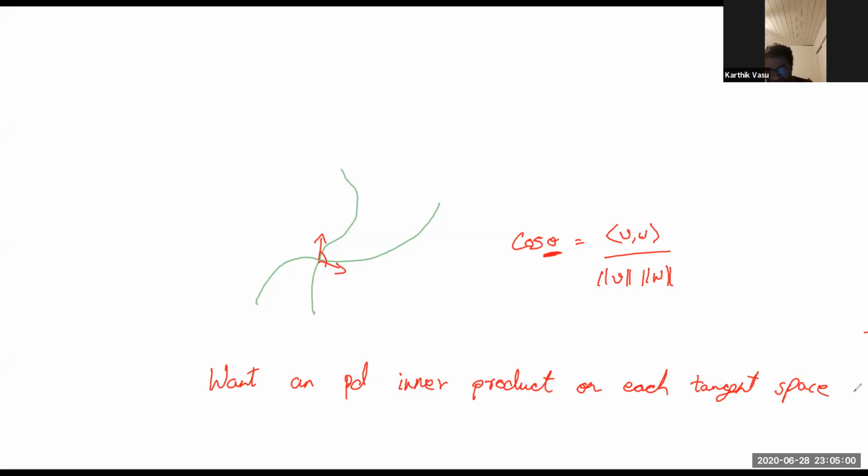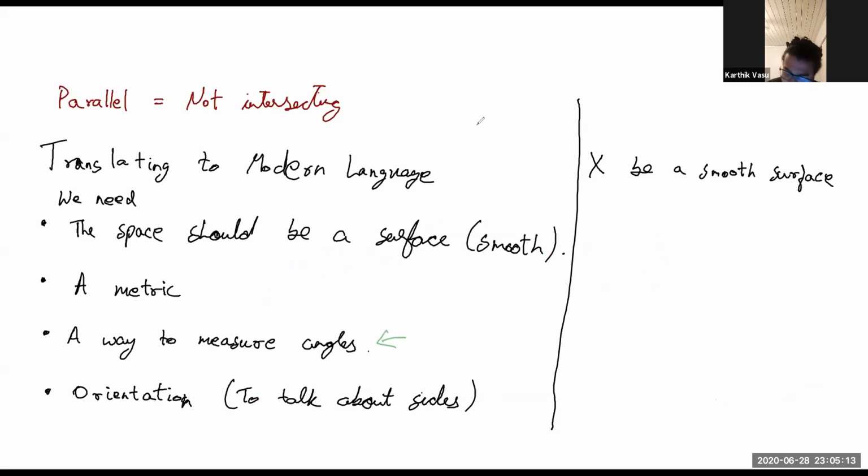And to make sure neighboring tangent spaces are comparable, I will also ask it to be smoothly varying, in some sense. So in my definition, I will say, let X be a smooth surface with